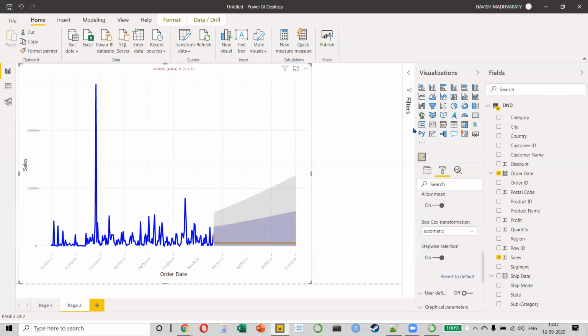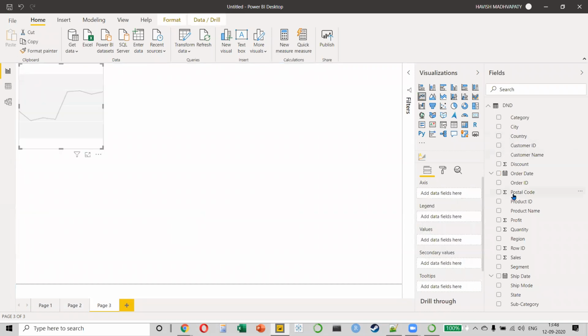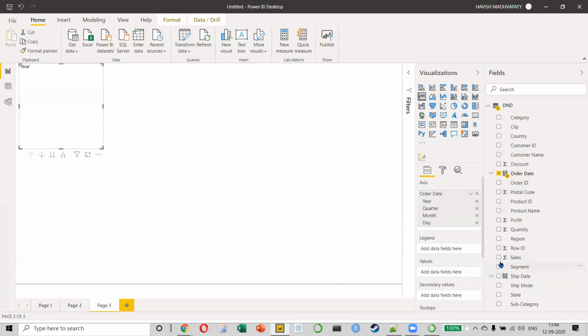The idea here is that this is not a session on statistics. This is a session on solving business problems. As a data analyst, as a management student, you're not an MSc in statistics, but every now and then, maybe out of every 20 projects, in one project, there might be a need where the client tells me, Havish, I want something more detailed. See, most of the time they are happy when I just make a line chart with my order date and my sales value.